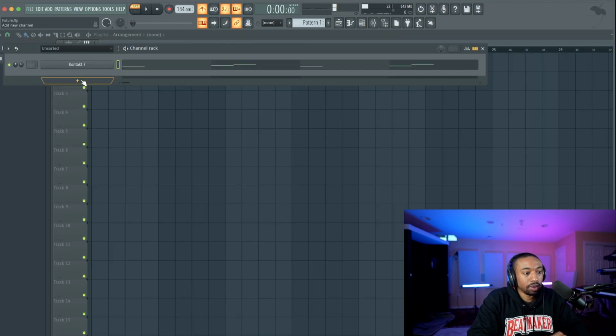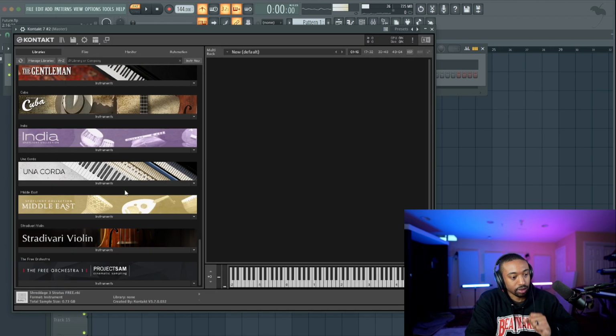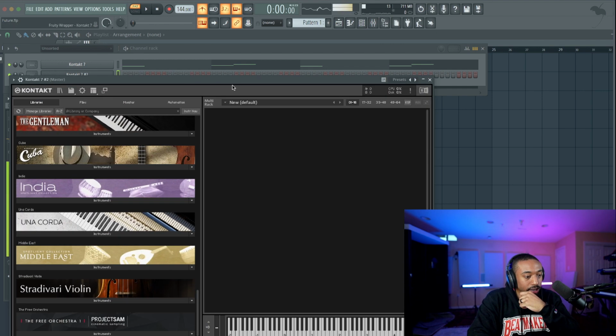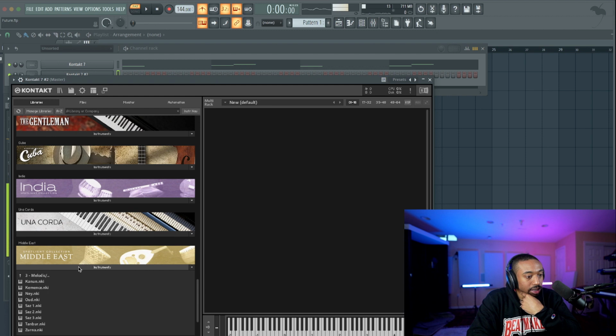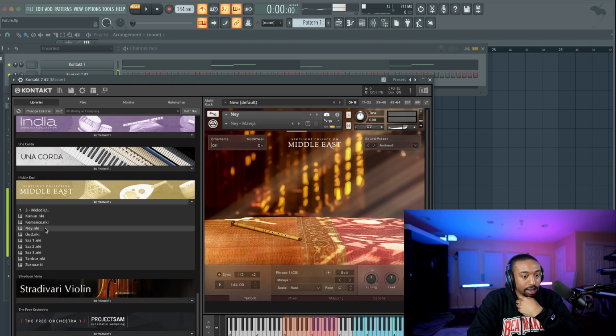Okay, so pretty simple. Let's open up another instrument and create a contrast to that instrument. Let's go to Middle East this time. Let's go to melodic and look for the ney, I think that's the flute. Okay, so let's go here. We're going to switch the scale to chromatic. But the main difference is we're going to switch the phrase.